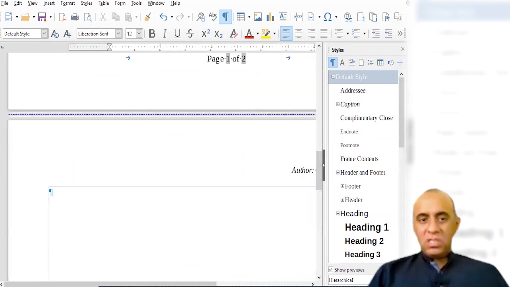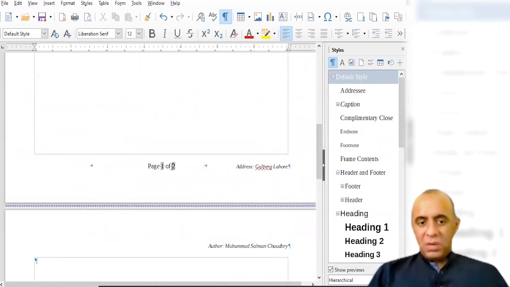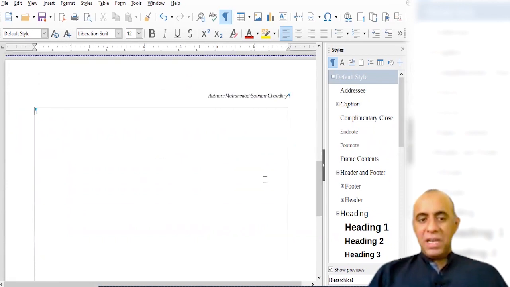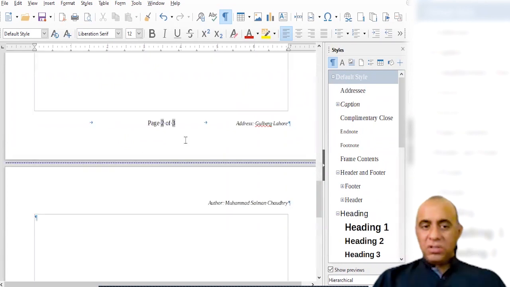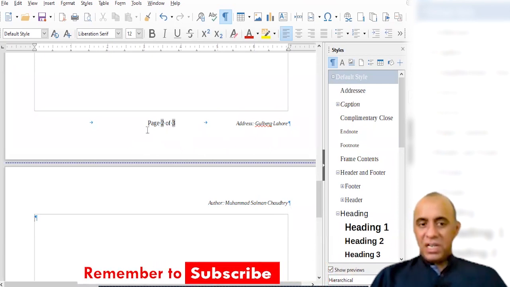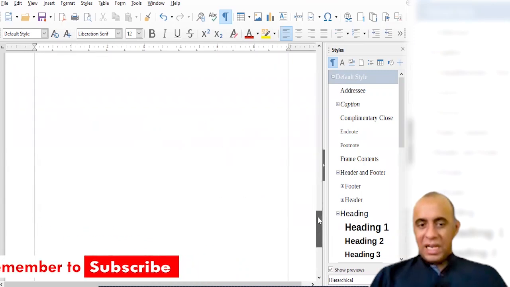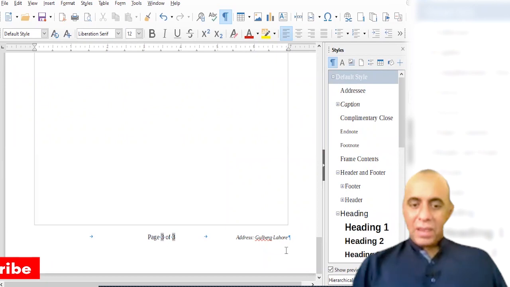The second good thing I notice about my document is that it has updated the total number of pages over here automatically. So now it says page 1 of 2. So for example, if I simply type some random characters over here and I insert a new page again. So let's do that. Control plus Enter. So now you see the total number of pages on the bottom of every page. You see that the total number of pages is updated to 3, whereas over here it says page 2 of 3, and on the last page it says page 3 of 3. Pretty amazing, right? And pretty convenient.